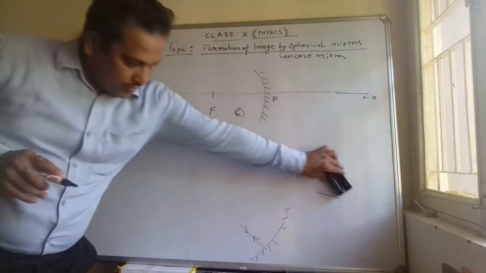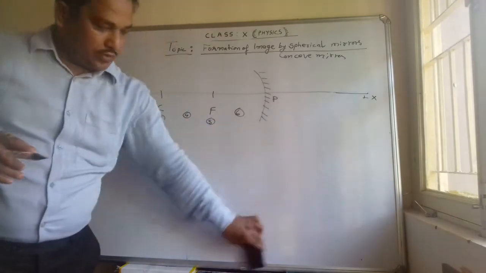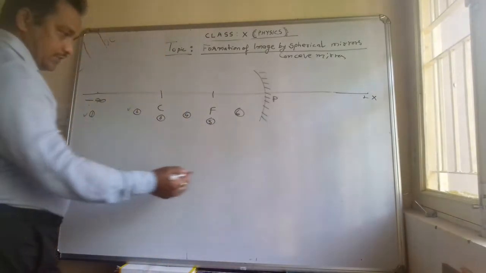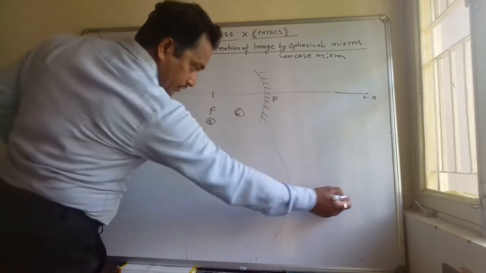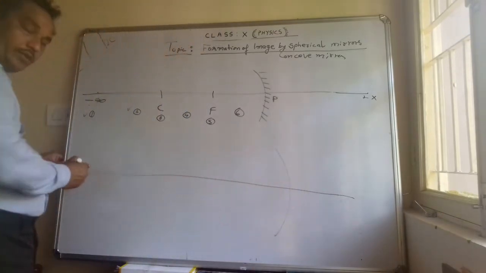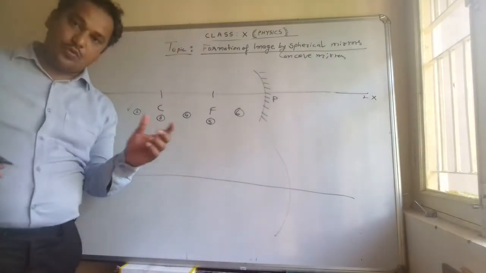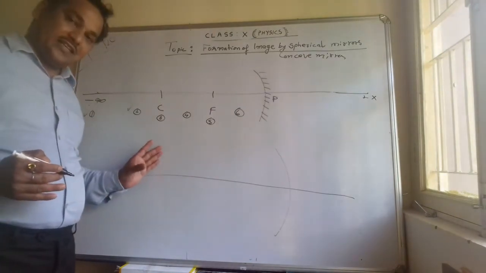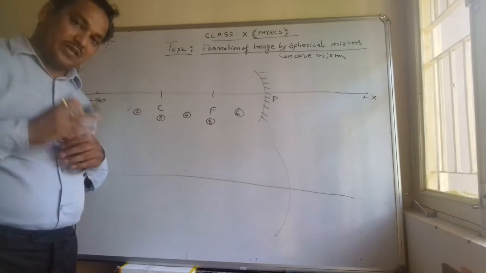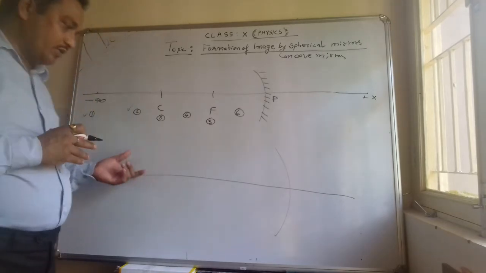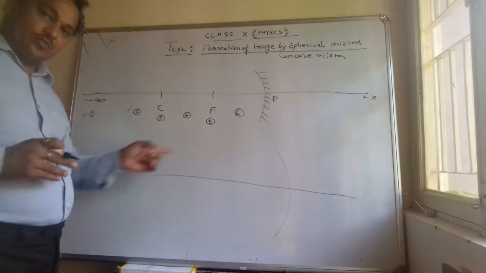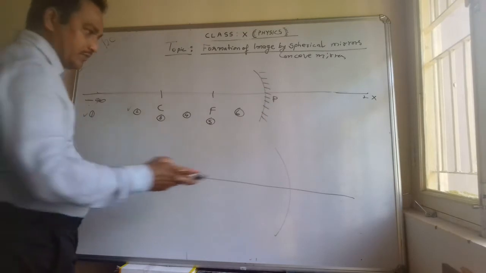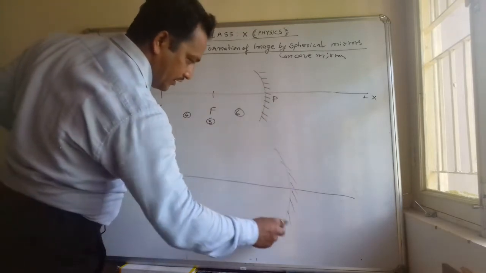The position of the image. Now third case, when the object is placed at the center of the curvature, this is very important. For the practicals in lab also we are using the same. We know that when it will reach at the center, the size of the object and image becomes same. So from there we will easily know the radius of the curvature to get the focal length.